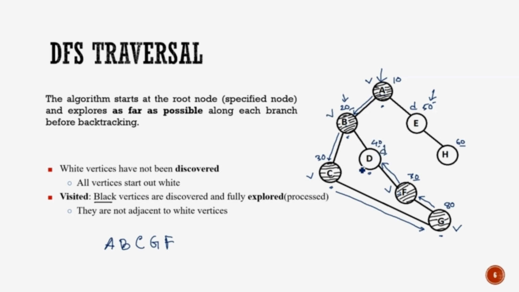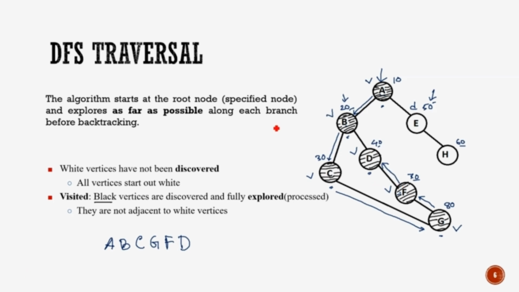So we print D, and also we try to find the adjacent nodes. We see that D has two adjacent nodes, node B and node F, and both of the nodes are visited. We have printed the content of node D, and we have also found the adjacent nodes of node D. So now we can assign the visited mark to node D, and also we can color this node with black color. So the DFS algorithm started at node A, and then it moved to node B, then to node C, and so on, and it explored the nodes as far as possible along this path.